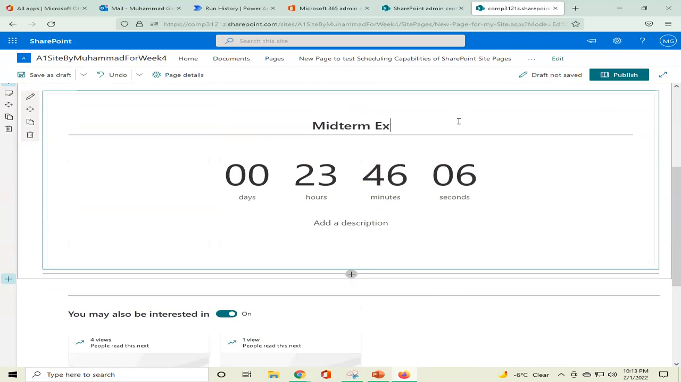Midterm exam test is approaching. Not so close, but it's approaching. I'm just giving you an example, students. If there is a mistake in the time and date, please don't mind. This is just the example. Midterm exam test is